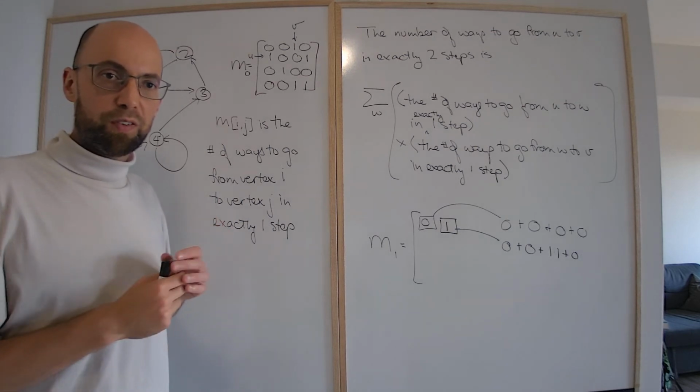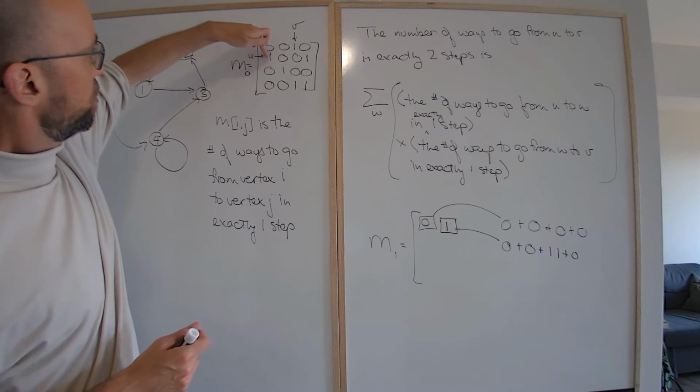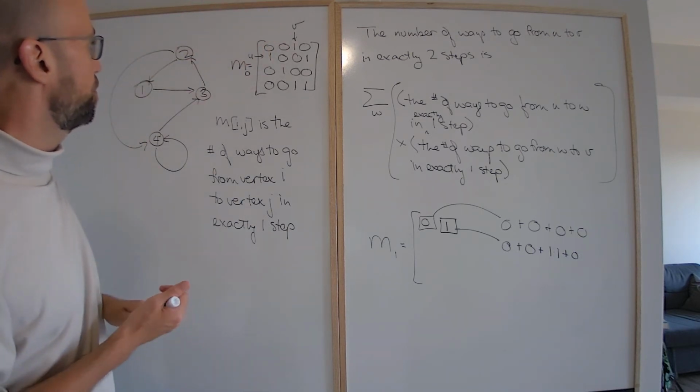So you want to sum over W, which is all the ways to go from U to something and then something to V. Well, what if,